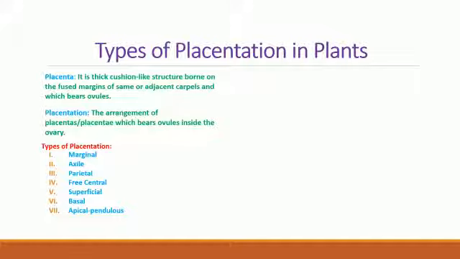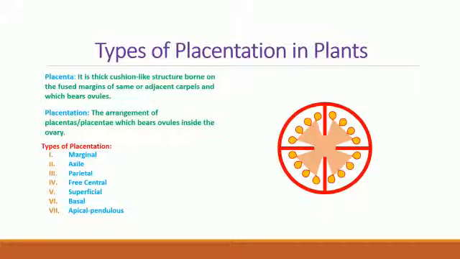Now what is placenta? Placenta is a thick cushion-like structure borne on the fused margins of the same or adjacent carpels, and which bears ovules. Now, to understand the internal structure of the ovary with the help of a sketch, the outermost layer of the ovary is known as the ovary wall. It is a tetralocular ovary. Then there is the locule, and at the fused margins of the carpel there are placentae, and placentae